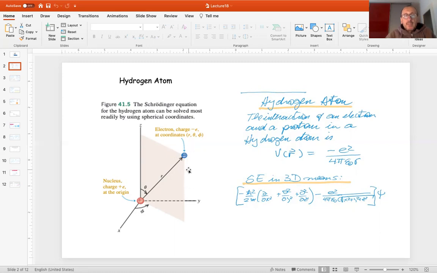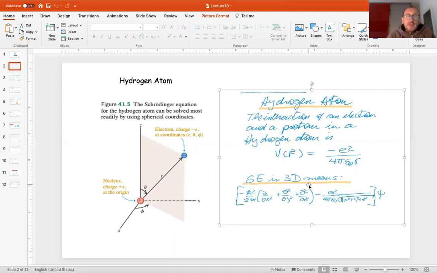Okay, but this motion around the nucleus of the proton, which can be described with these variables r, theta, and phi, is something that we want to describe not using Newtonian mechanics or the Bohr model. We want to solve it using the Schrödinger equation and see how it looks. Okay, so what we have seen before is that